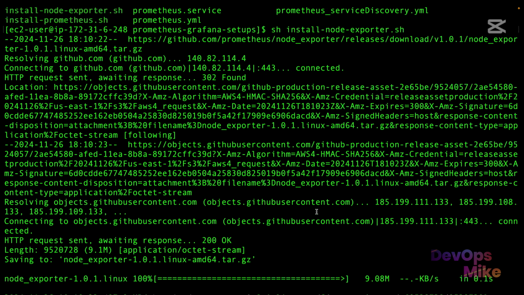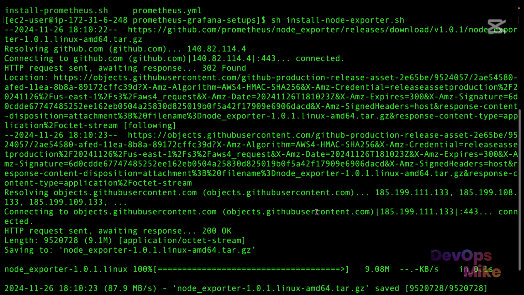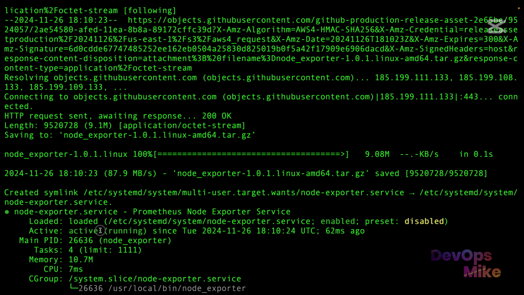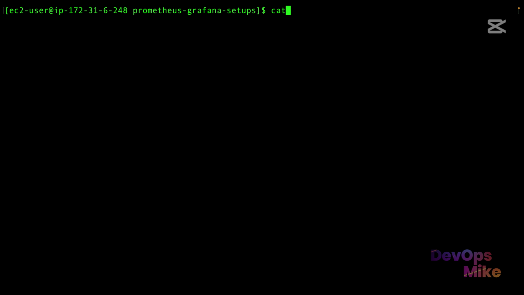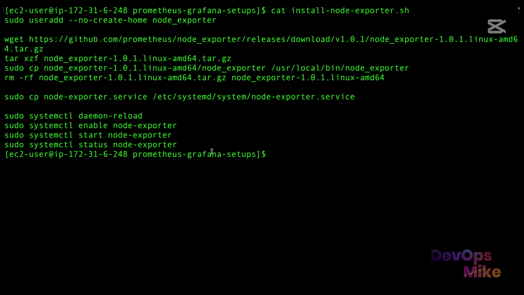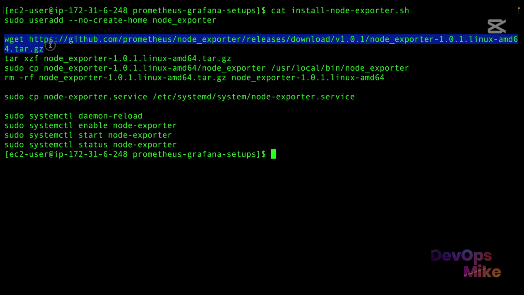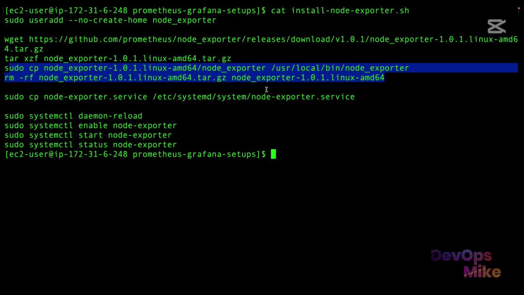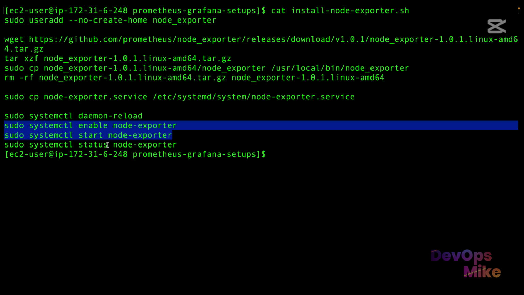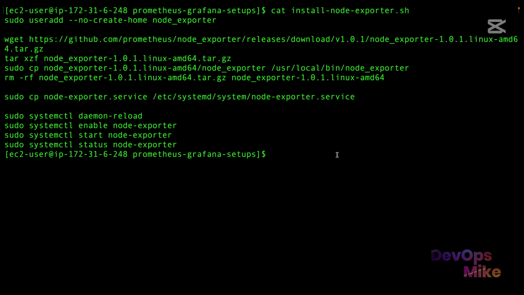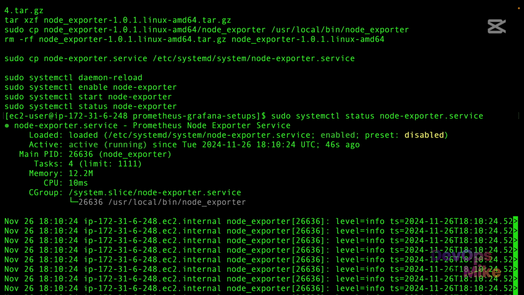If I hit enter, node exporter service will be installed on this given server, and if it's completed, you will see active. Now if I cat the node exporter file, let me clear my screen. If I cat the install node exporter script, you see it's basically running some commands. It creates a node exporter user, gets the node exporter package, uninstalls the package, copies the package to the local bin for node exporter, and then we enable the node exporter service, we start the service and we check the status. So again, if you do sudo systemctl status node exporter,